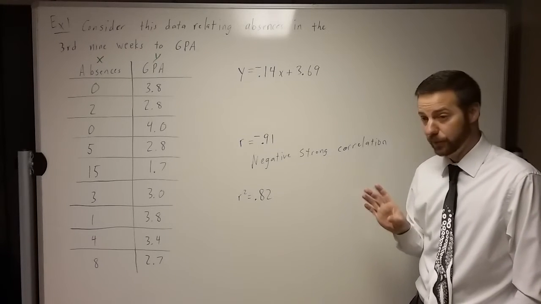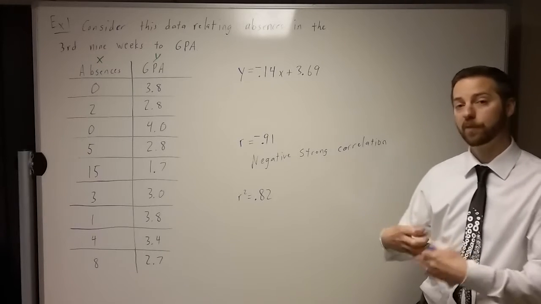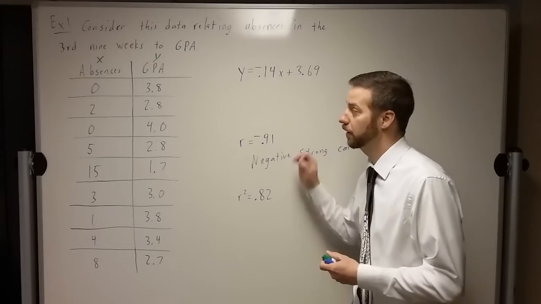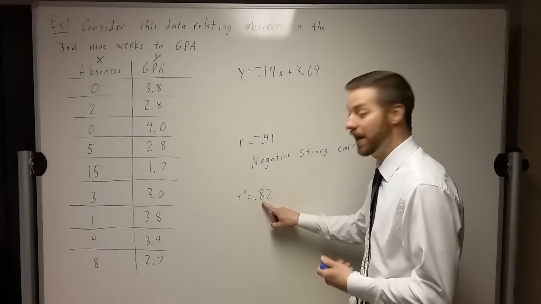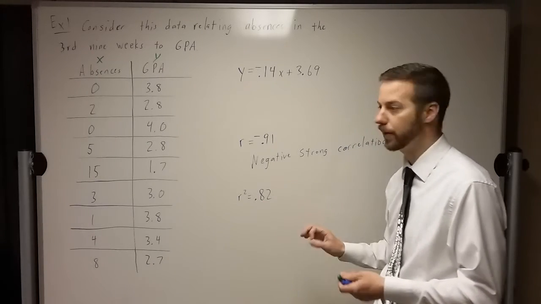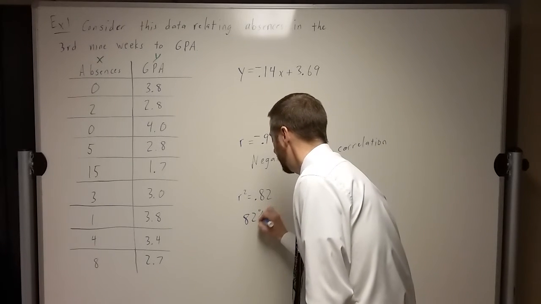So what this tells you, and this is a significant statistic, this is one that I feel like is a really helpful piece of information. This tells you what percent of the change in the one thing can be explained by the change in the other thing. So just making this a percentage, remember to make a decimal a percentage, we just move the decimal 2 places to the right. So we could say this. We could say 82%